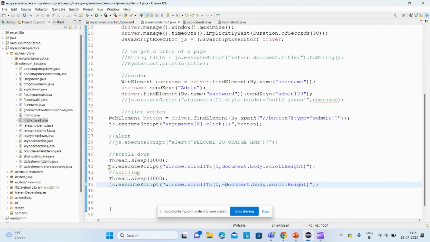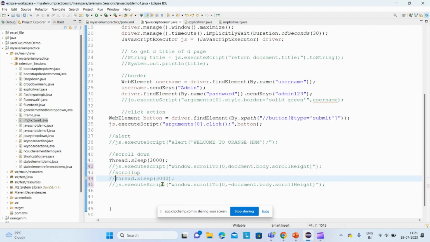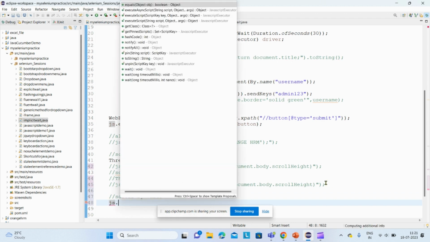Now we will comment this. We'll keep one Thread.sleep. And after that, I want to scroll by a particular value. I want to scroll down by a pixel value, that is 600 pixels, 700 pixels. For that we have a method